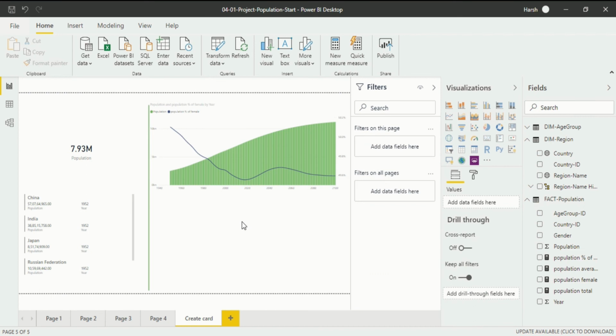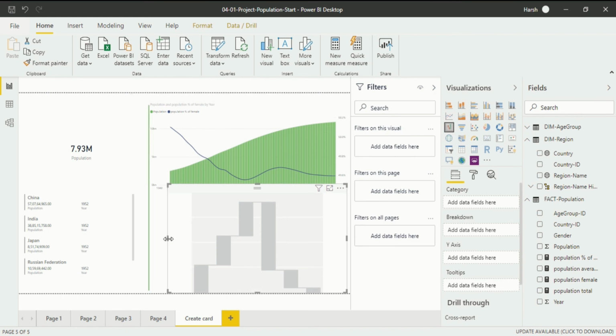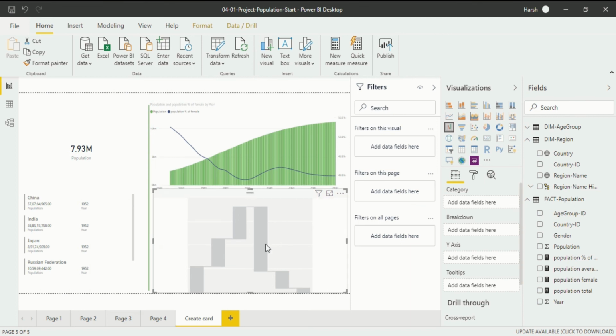Now after that, there is one more visualization we will cover in this video, as I said in the points of discussion: we will make a waterfall visualization. And again we have to go into the Visualization section. Before going into the Visualization section, you have to make sure you haven't selected any visualization, otherwise that visualization will be converted into the waterfall visualization, which we do not want. So again go in here, and you will see this is a waterfall chart. You will click on it, and the visualization will again appear on your screen in Report View. Again decrease its size.